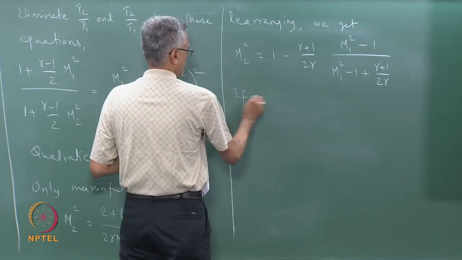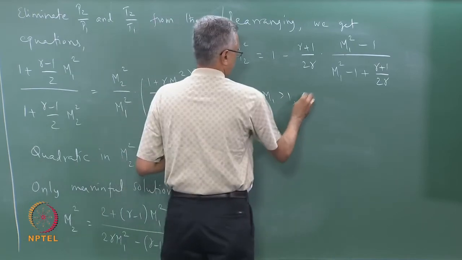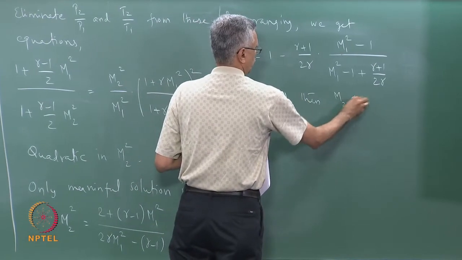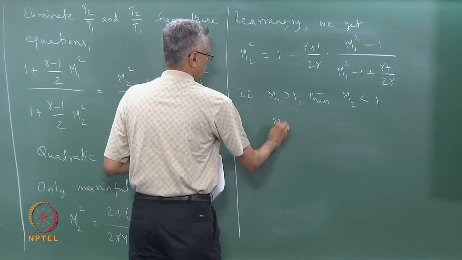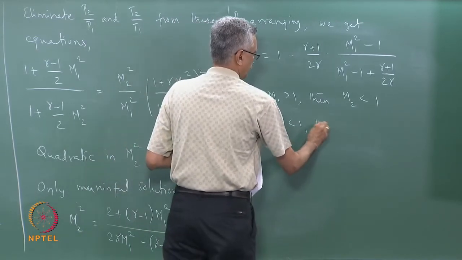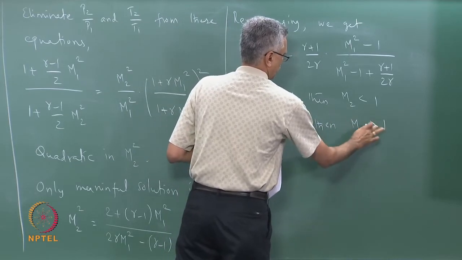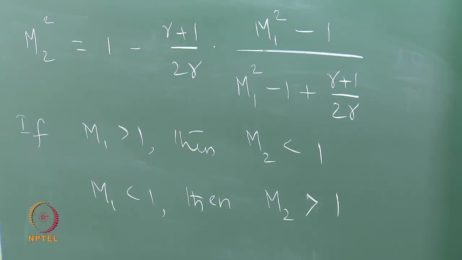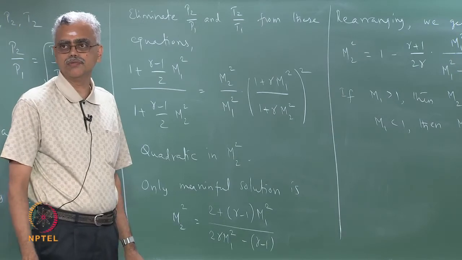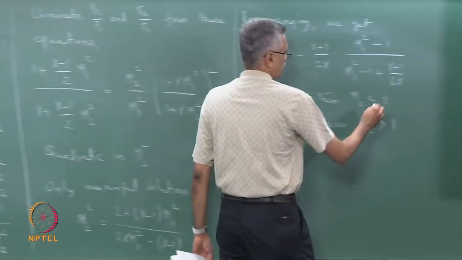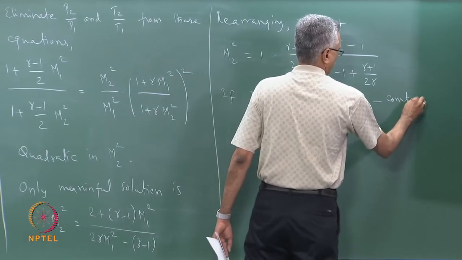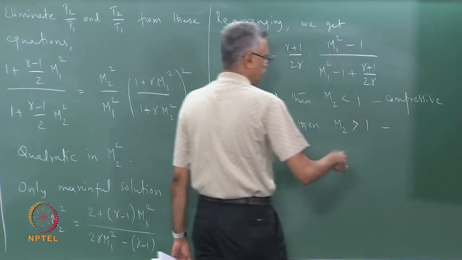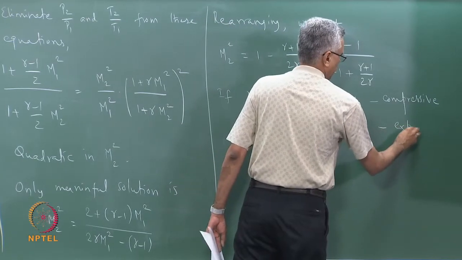So if M1 is greater than 1, then I get a solution for which M2 is less than 1, and if M1 is less than 1, then I get a solution for which M2 is greater than 1. The first solution, as you can obviously see, is a compressive solution. The Mach number has decreased across the wave. You can in fact show that this is a compressive solution by looking at P2 over P1 also, and this is an expansive solution,